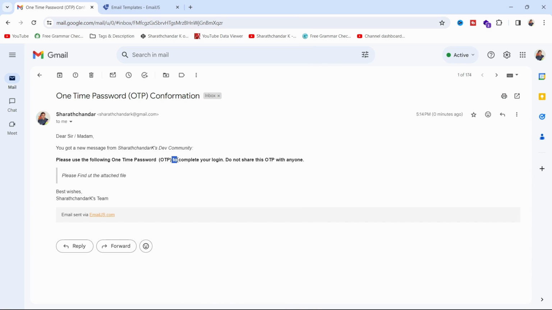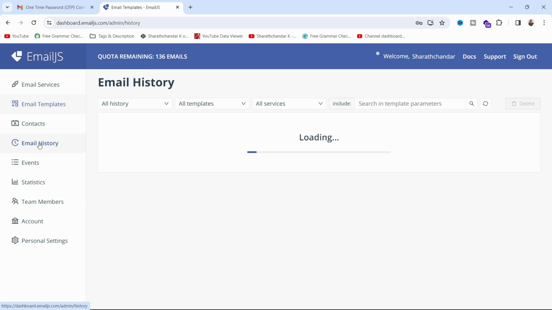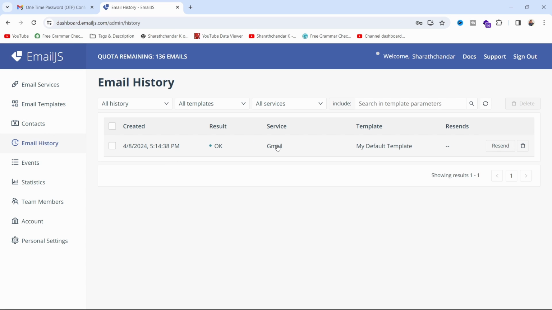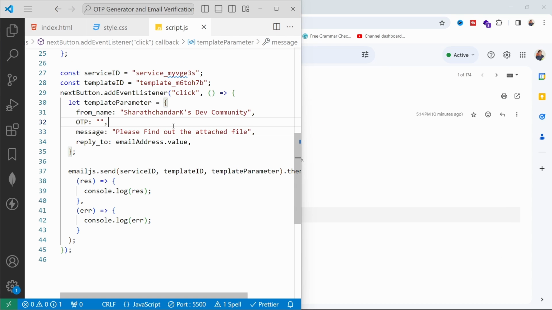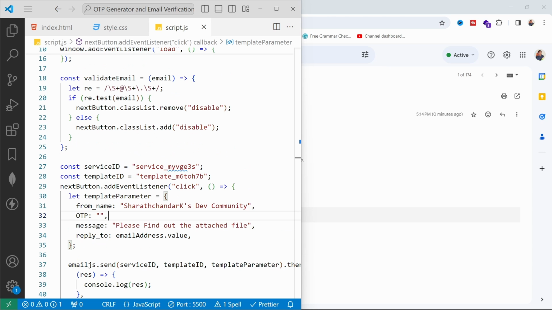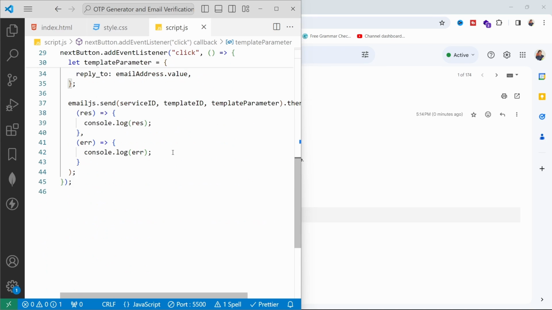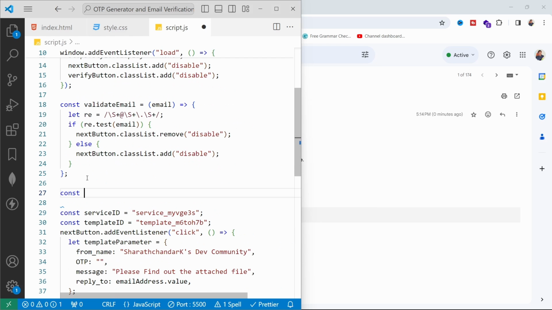Now the pending thing is we need to send the OTP to this. So again I can go in the email history, we can check this mail was correctly sent or not, and again here we can resend these things. So now we need to generate the OTP, right? So for that we'll create one more method for OTP with same return function of const generateOTP, and then